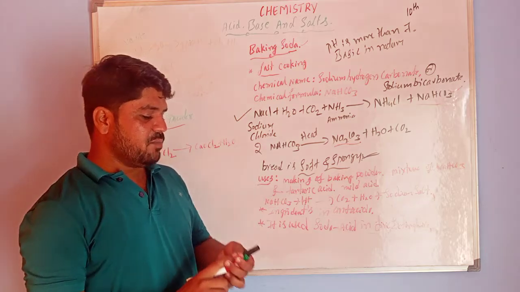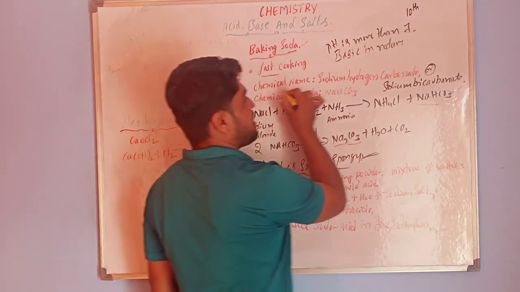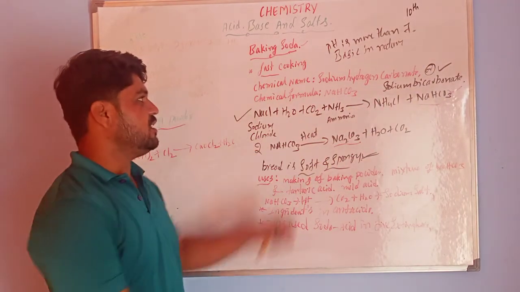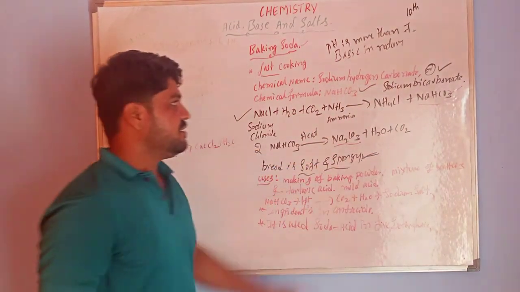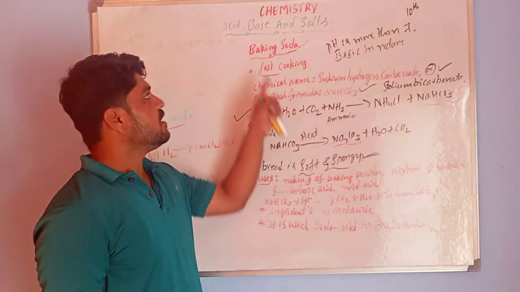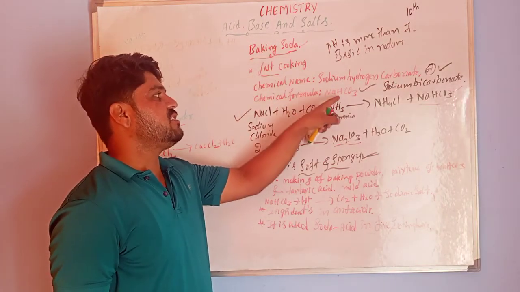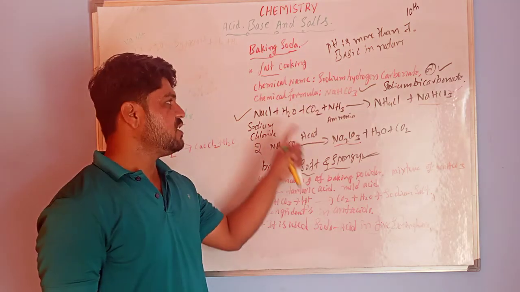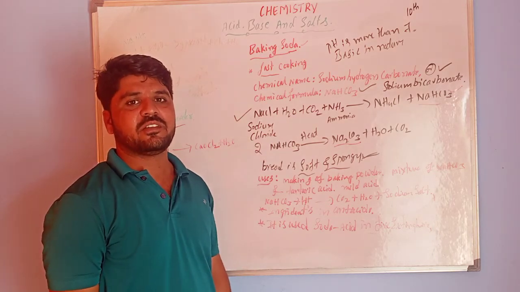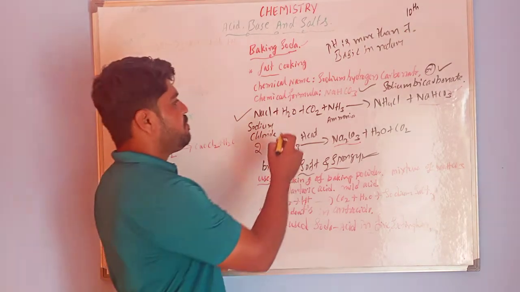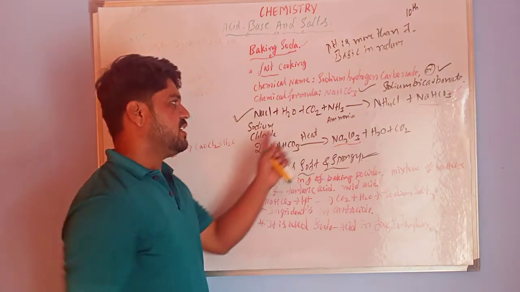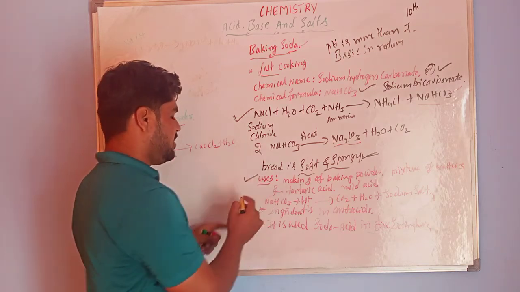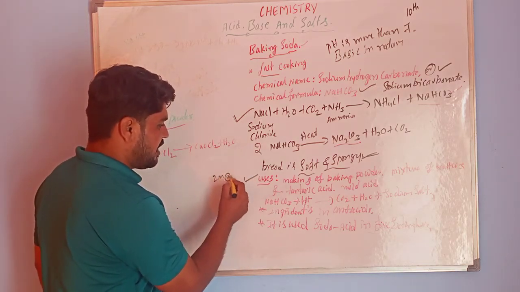You have to remember this chemical name, that is sodium hydrogen carbonate or sodium bicarbonate. Next is the chemical formula, NaHCO3. The chemical formula for baking soda is NaHCO3. They may ask in competitive exams also. This is a very important concept. Okay, so next is the preparation method, or equation. Now this is also important. And the next is uses. It may be asked for 2 marks or 3 marks.